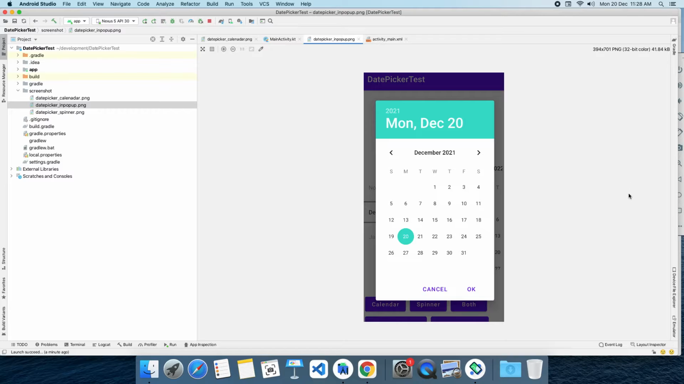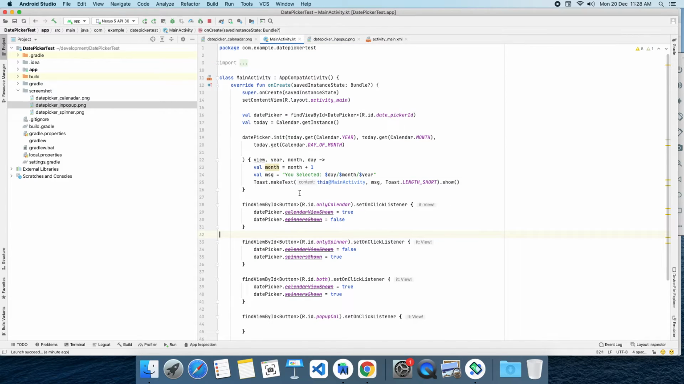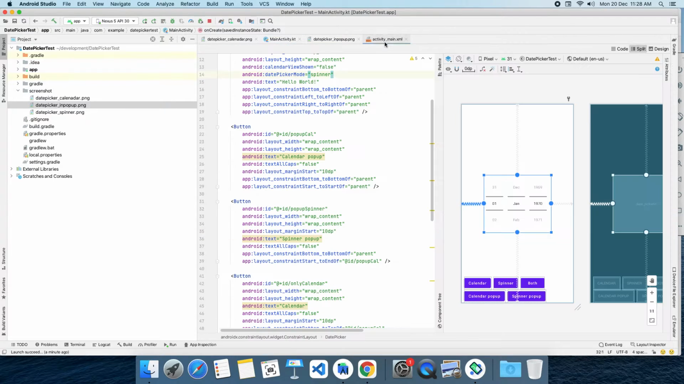So on that date button, when you are tapping on the date button, one pop-up is coming on top of your existing screen. There you can select your date. Let's see how to create this pop-up. When I tap on these two buttons, calendar pop-up and spinner pop-up,